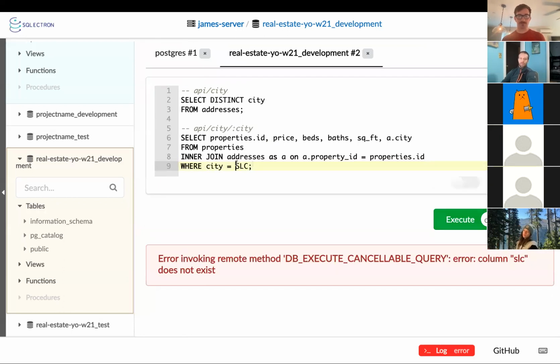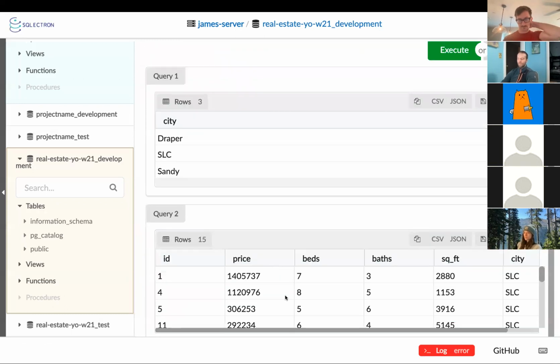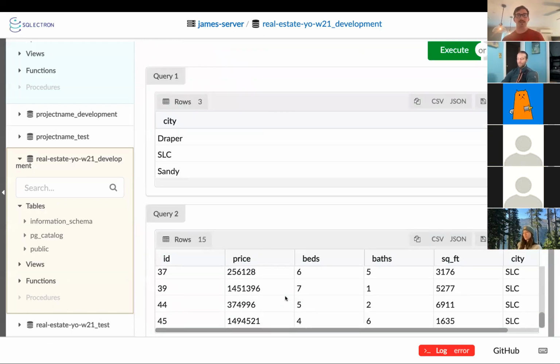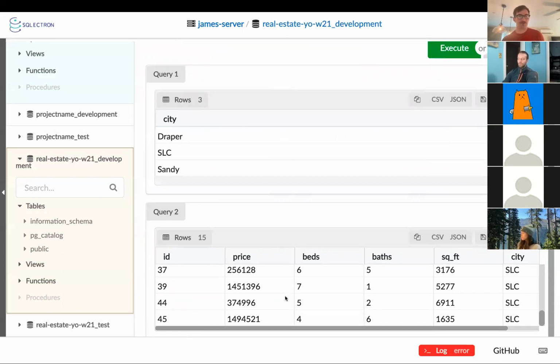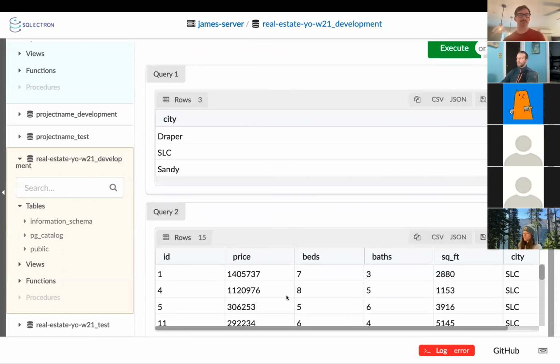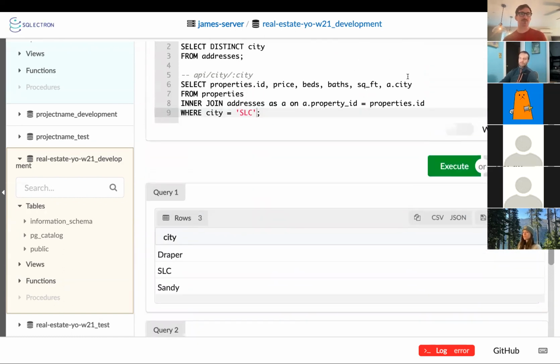Oh, sorry, that needs to be a string. So now I can just grab a given city. So that's why even though we're not going to show the city information in our table, we need to do the join, because eventually I'm going to want to